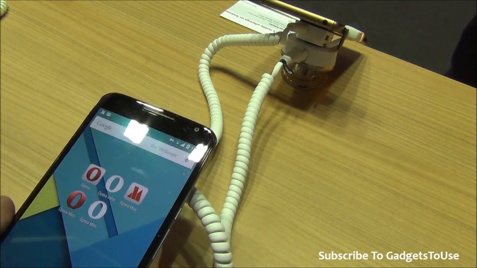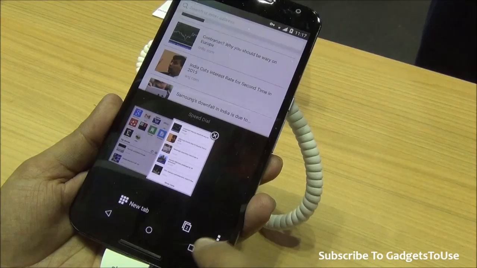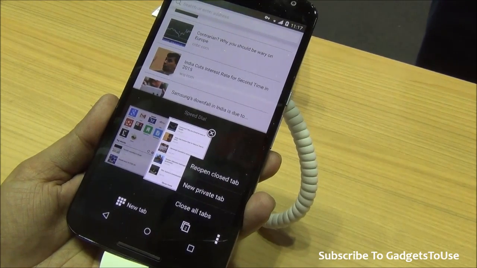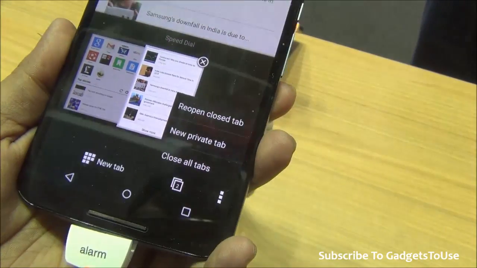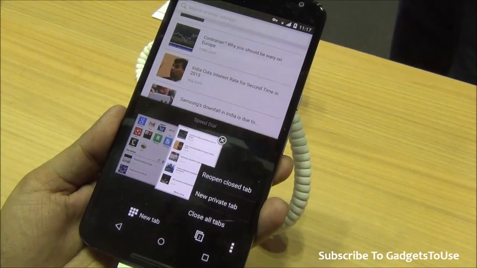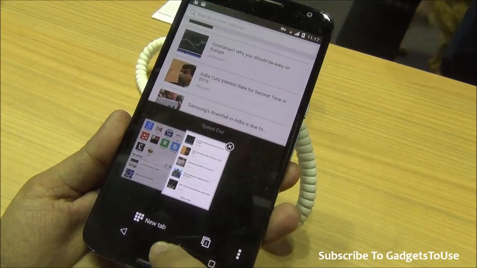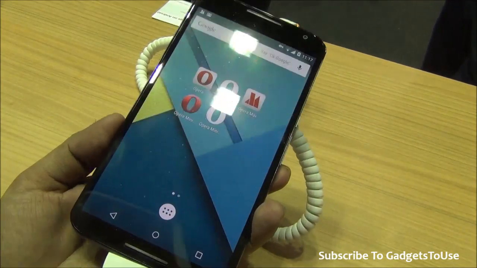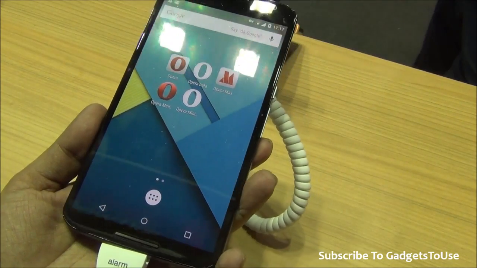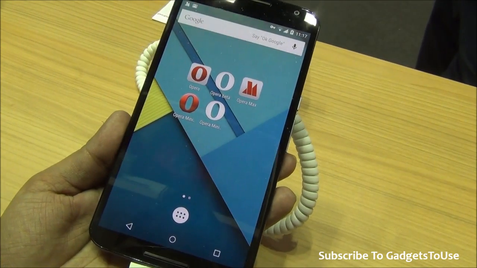It is compatible. One more thing I would like to highlight is that it has private browsing supported as well. You can open a private browsing tab, and in that case, the website you are visiting will not be recorded in the history and you will not see it there, which is going to make things pretty easy for you in case you would like to hide that information for some reason.